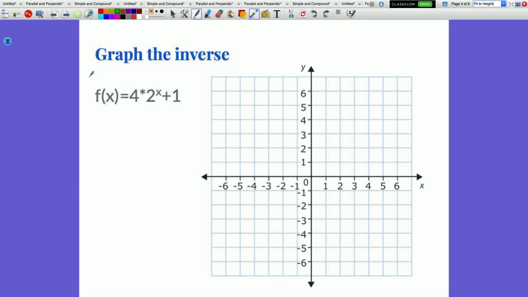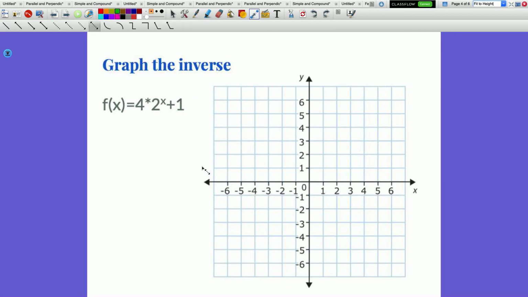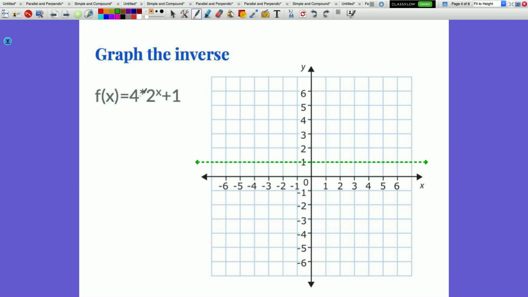So to graph f of x equals 4 times 2 to the x plus 1, I look at the end first. That plus 1 tells me where my horizontal asymptote is going to be. It's going to be at the line y equals 1. Then the 4 is my starting value. We say that's Alice's height, but she's standing on a 1-foot table, so her head is up here at 5. And then as I move to the right, I'm going to double each time. So next she will be up at 9, and I'm going to try to